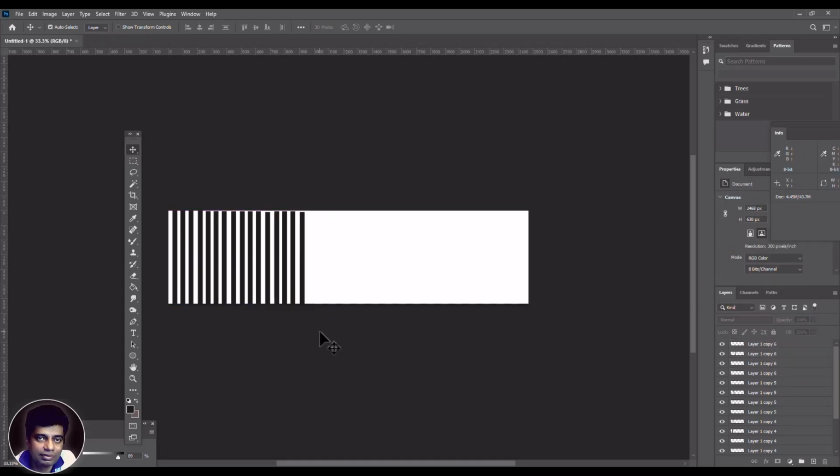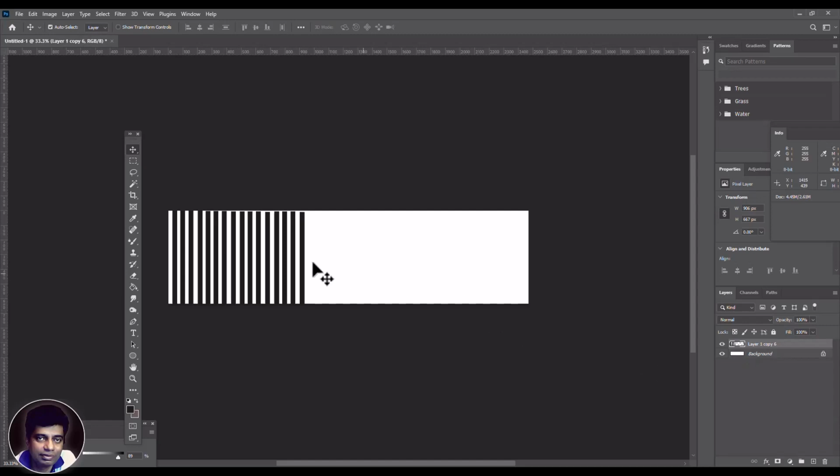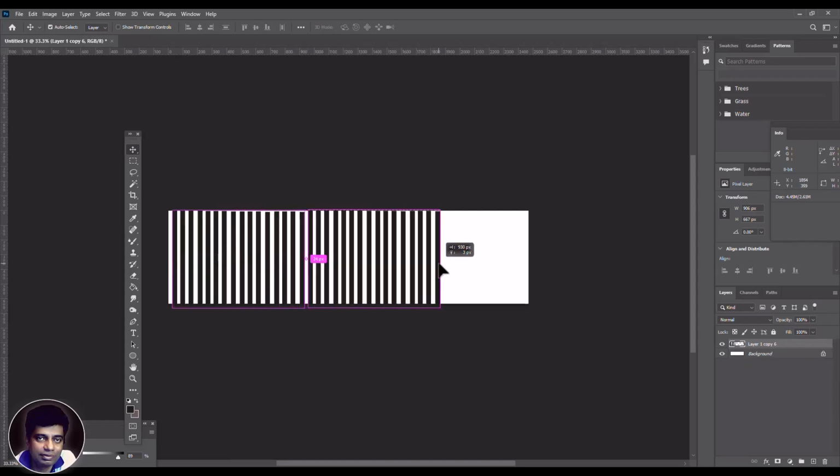This much is enough. So you select everything together. Control E and press Alt, make a copy of it. This is enough. Now flatten all this